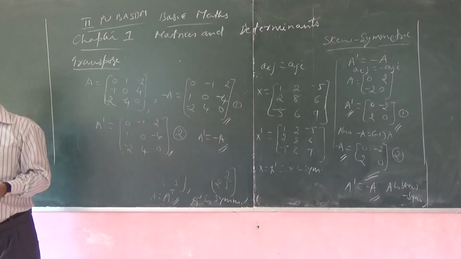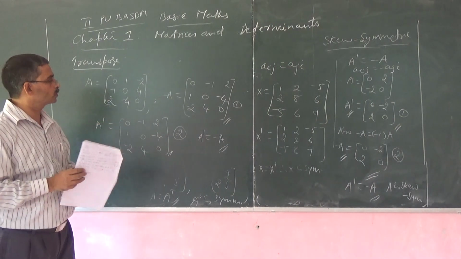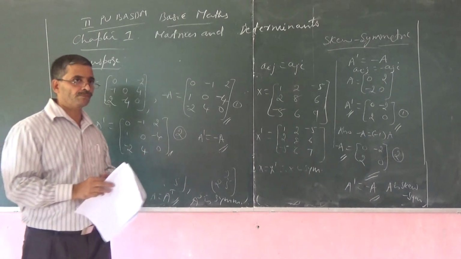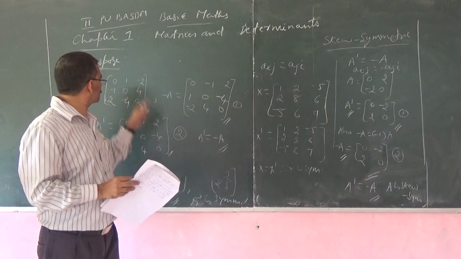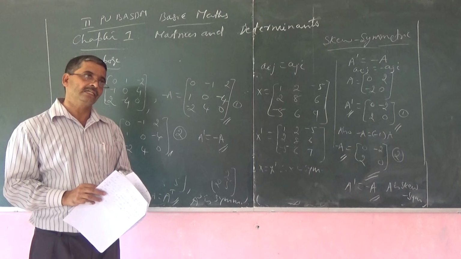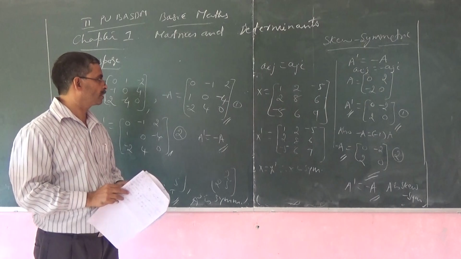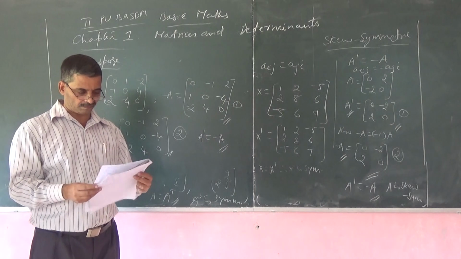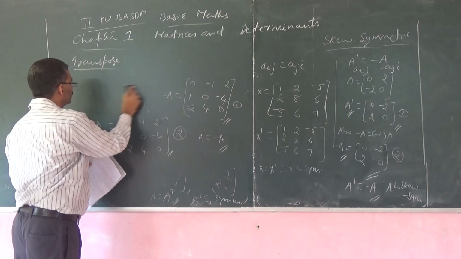So you have seen what are the different types of matrices, including these two, symmetric as well as skew symmetric. Earlier you have seen many other types: null, identity and so on, rectangular matrix. Symmetric and skew symmetric come under square matrices. We will work out some problems on these. So, problems on transpose.